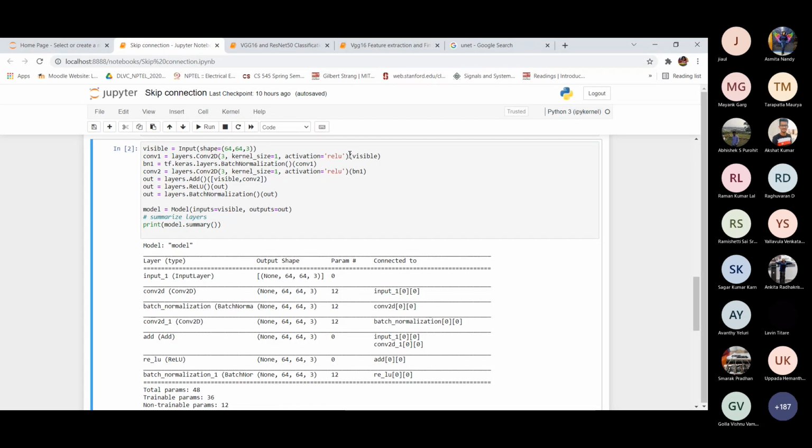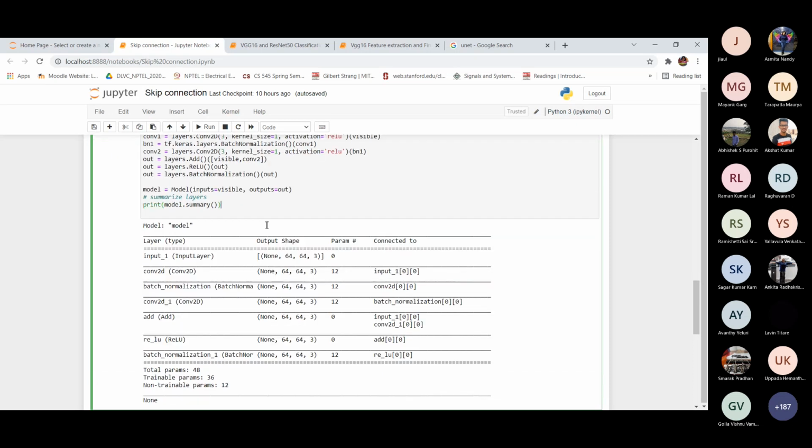But we will get the input features. If we have a deeper network and we are in the middle, we will lose some features, so we can call the features from here. It will increase the model's performance by using skip connections. This is what the skip connection does.